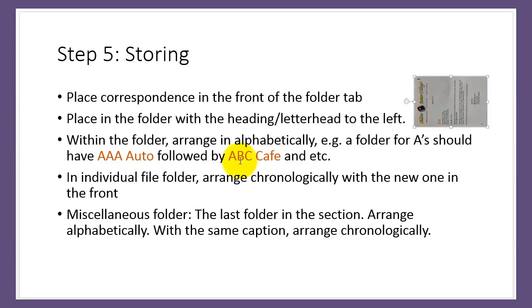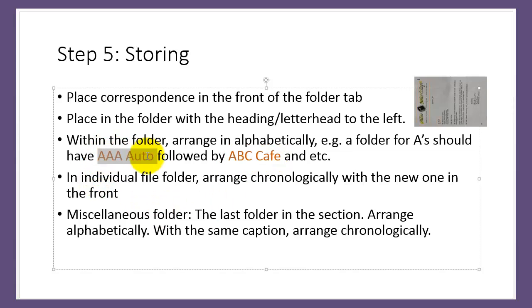And you will arrange the folders and the correspondences in alphabetical order. So obviously if there's a separate entity, you will have a separate folder for ABC Auto, and then right behind it you'll have a folder for AAA Auto, and then after that you'll have a folder called ABC Cafe. So within the same folder,